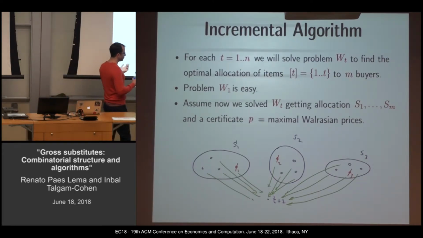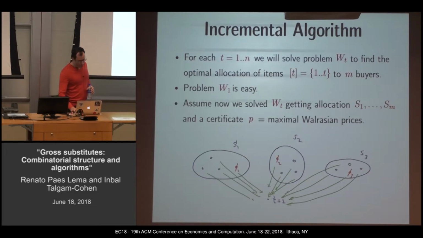So T plus 1, right now I don't know who owns it, so let me just put it outside. And I add an edge between every buyer and every item to T plus 1. The weights of the edges will be the natural weights you can imagine. For example, the edge from the dummy item to T plus 1 is the cost of him adding T plus 1, the difference in value he gets by adding T plus 1. And the edge from this item to T plus 1 is the difference in value this buyer will get by dropping this item and acquiring T plus 1 instead, right?